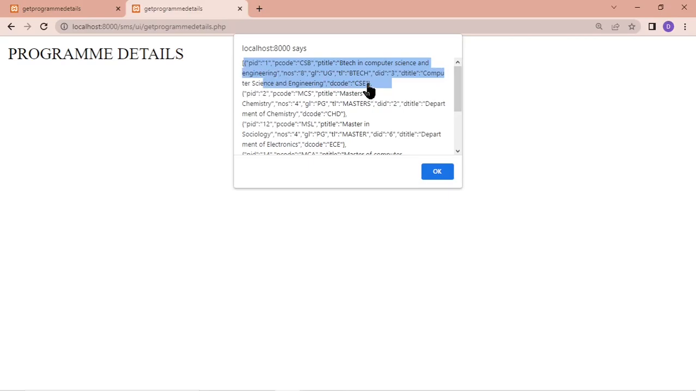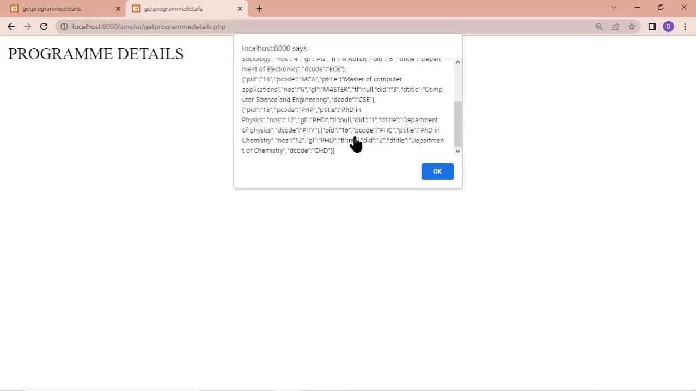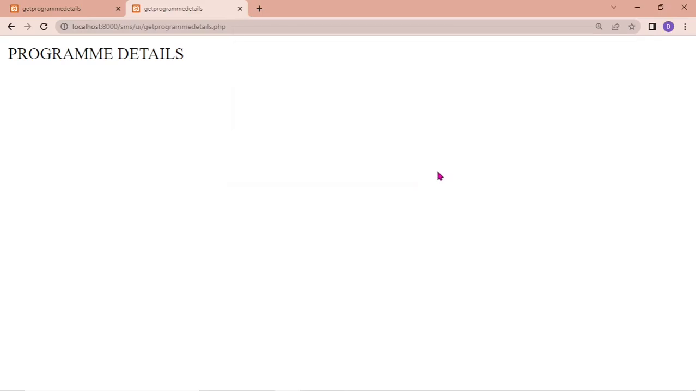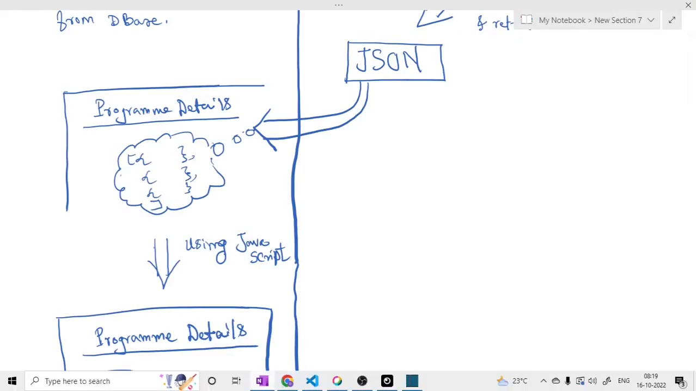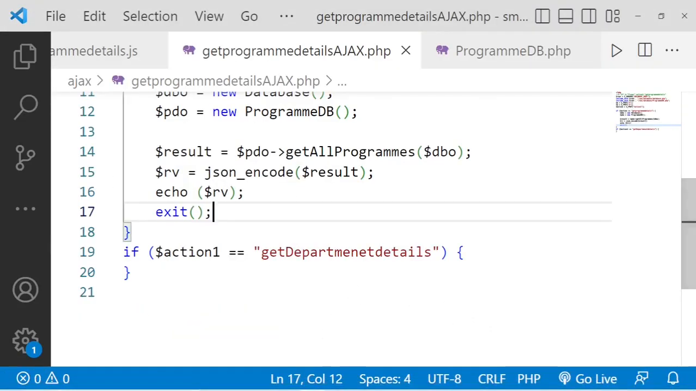See here, this is the first element, which is a JSON object, starting with this curly bracket and ending with this curly bracket, comma, and then this is the next JSON object, and this is the next JSON object, like that. For each row in the database, we are going to get a JSON object. Okay, done. Up to this point, if things are clear, then what is the next